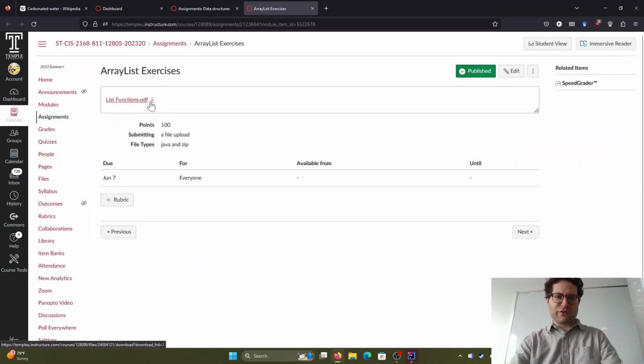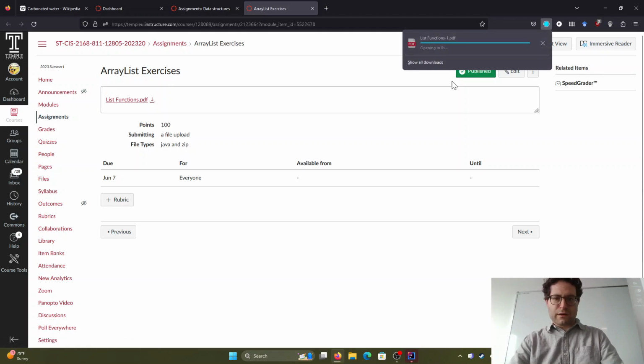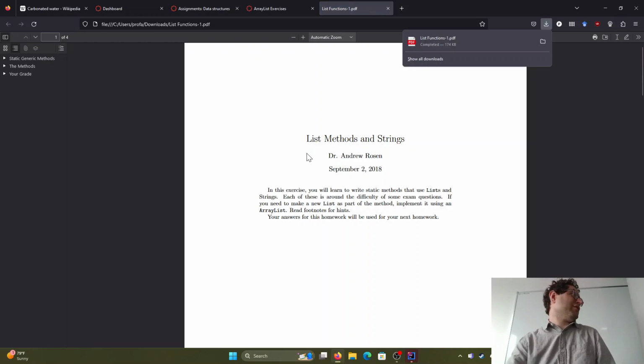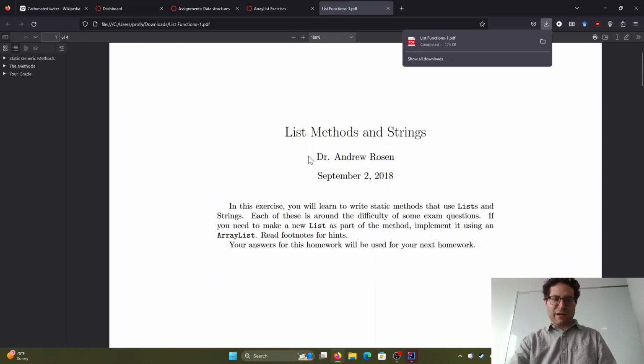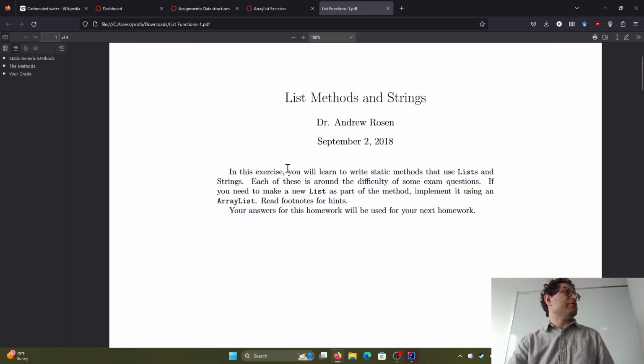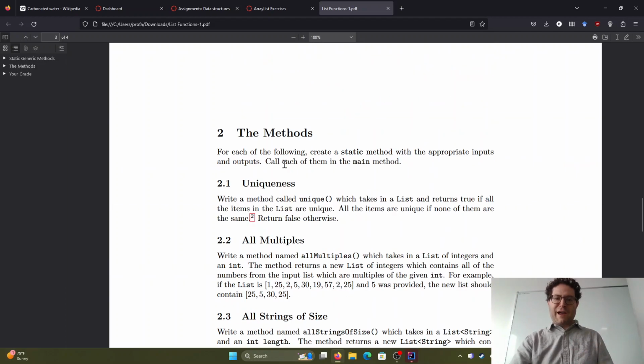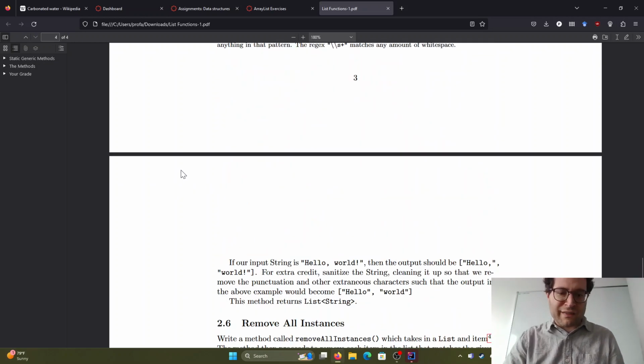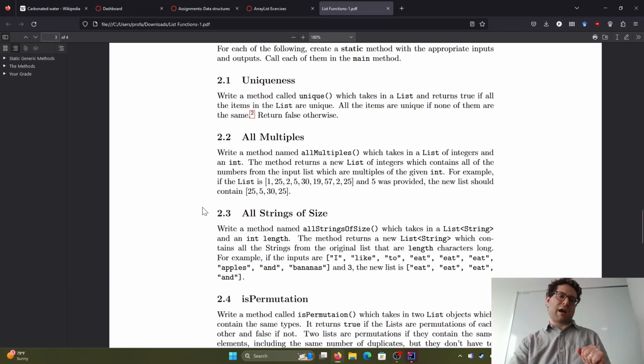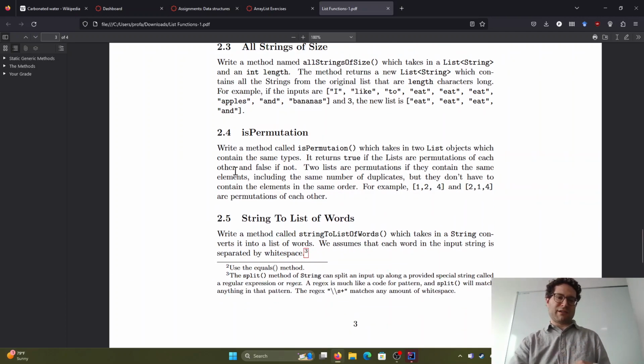Okay, so list functions. I would suggest doing these all in one class because they're all static methods, meaning they're not associated with anything. You do not have to make your own array list or use the myArrayList that I built in the files. This one I'm expecting you to use the built-in ArrayList library here. So we're given 6 problems, 5 of which you'll have to do all by yourself, and one of which I'll go over,